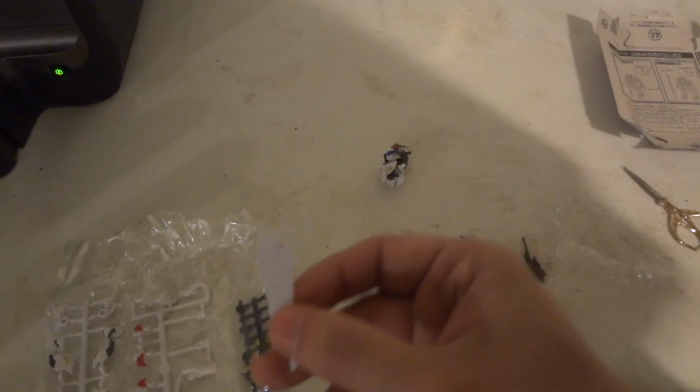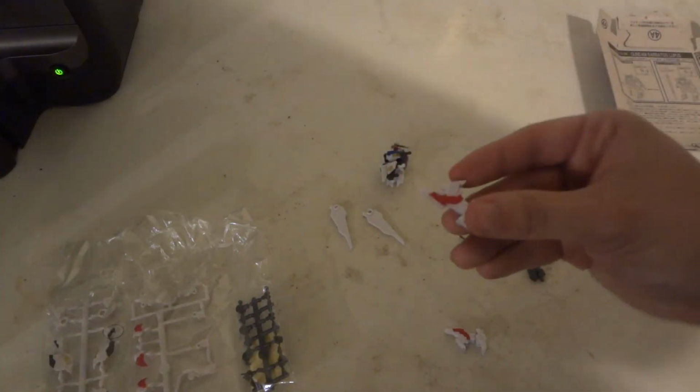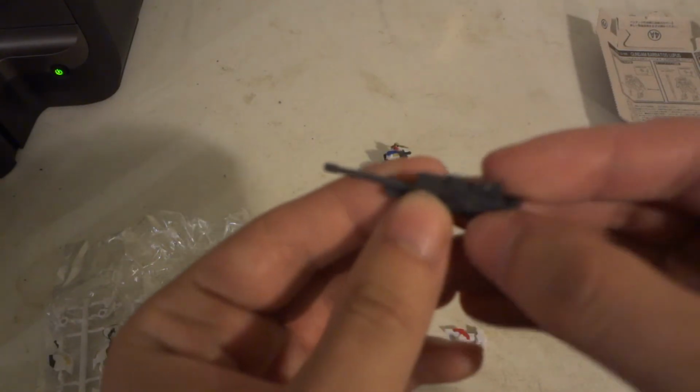You have these pieces, which are its tail pieces, or tail rudders, I guess you would call them. Its feet do have paint on there, so some parts are pre-painted. Here's the 200mm arm cannons, very nicely done and detailed. In the other bay,